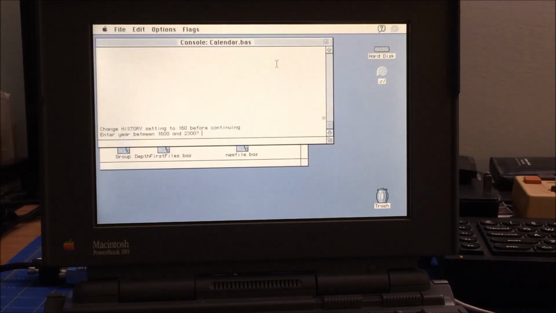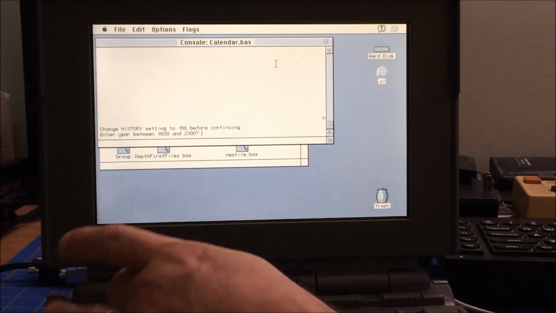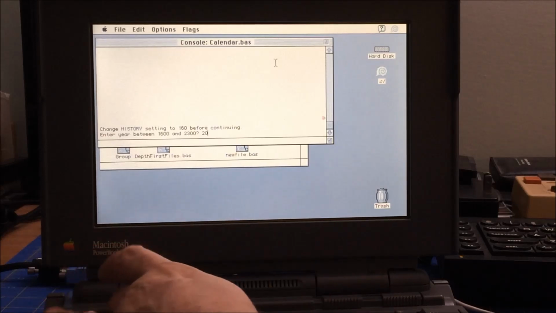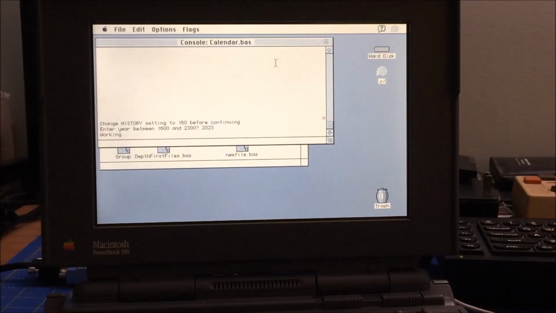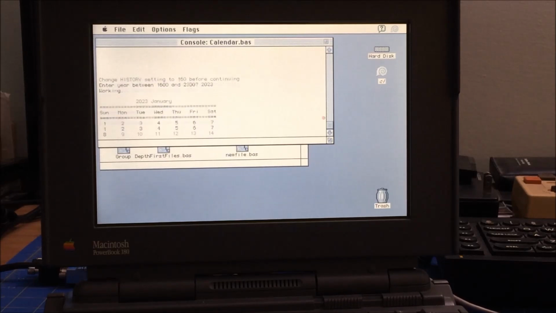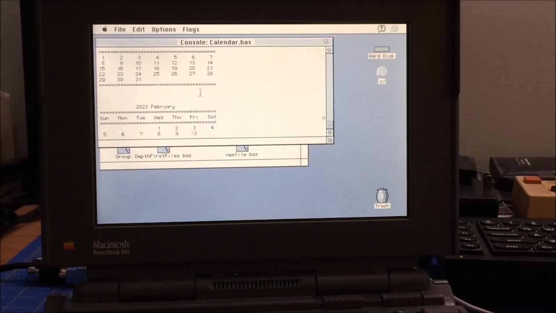this is, but basically you give it a year, 2023, and it's computing and building the calendar that you can then print out if you wanted to. This has the option of printing something out to the screen. But yeah, so you could use BASIC, and again, I used the basis of this BASIC to create my ZX